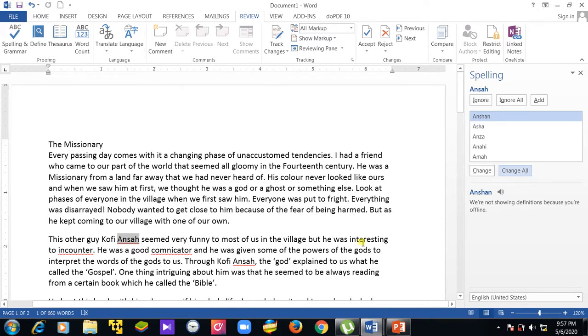So we can either click Ignore so that this particular instance of the name Ansah is ignored, or we can click Ignore All so that wherever we have typed Ansah in the document, all of them will be ignored at once so that it will not be flagged as an error again. So let's choose Ignore All,